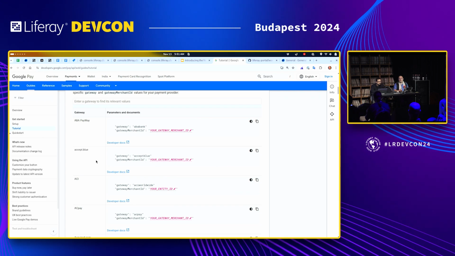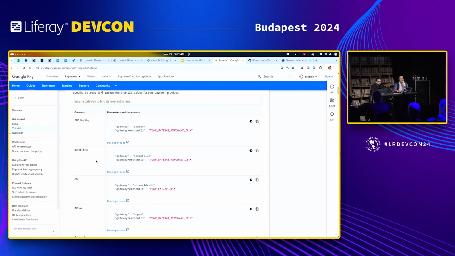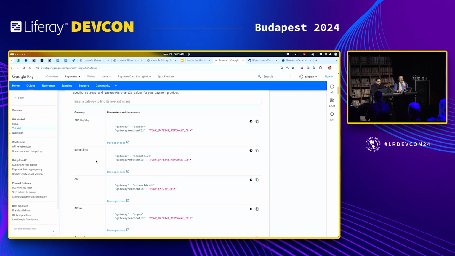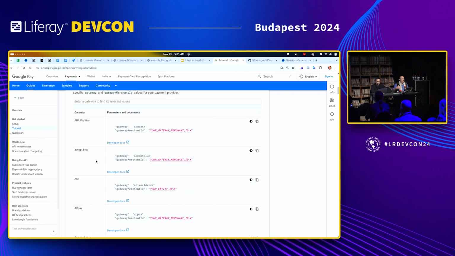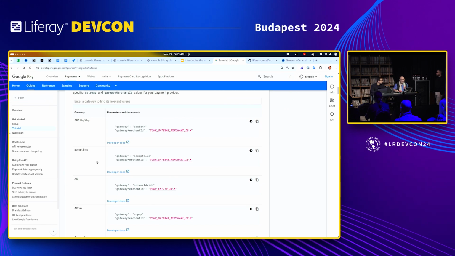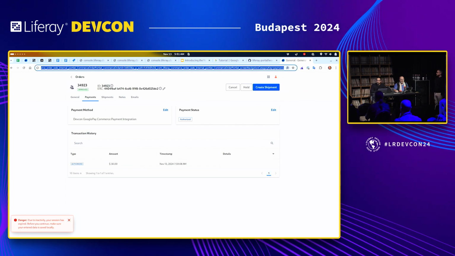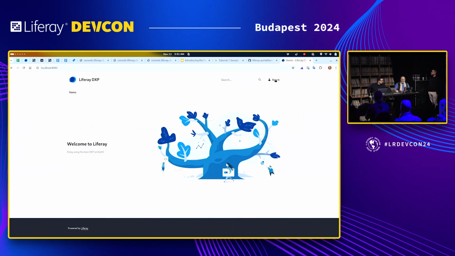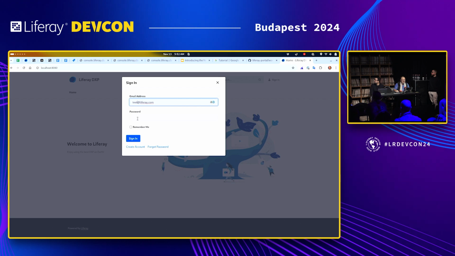Our demonstration here is just about the Google Pay. So we don't have a gateway. So we are using a sandbox environment for testing purposes. Then we kind of mock the gateway, authorizing and making successful all the transactions just to see the Google Pay, the Google Wallet in action. So I'm going to demonstrate first the integration, and then I'm going to the code and show you guys how we did that. I'm going to log in our